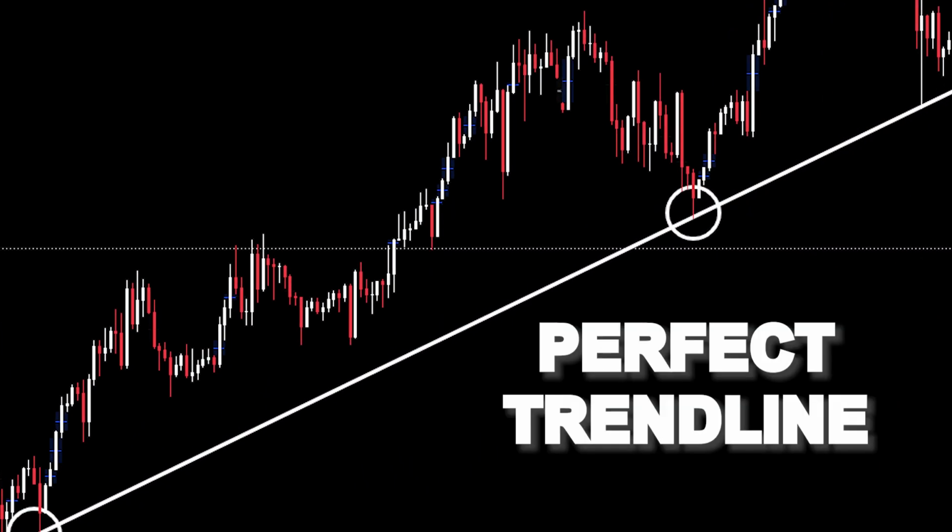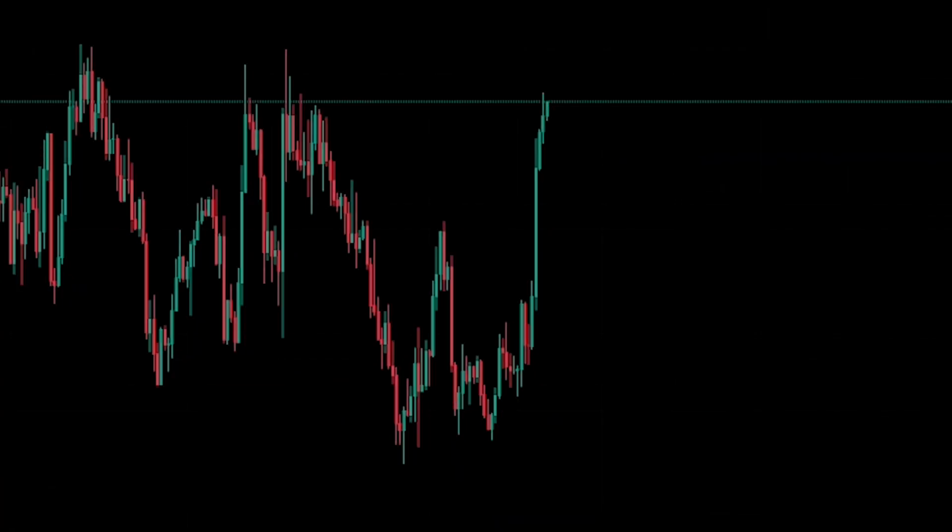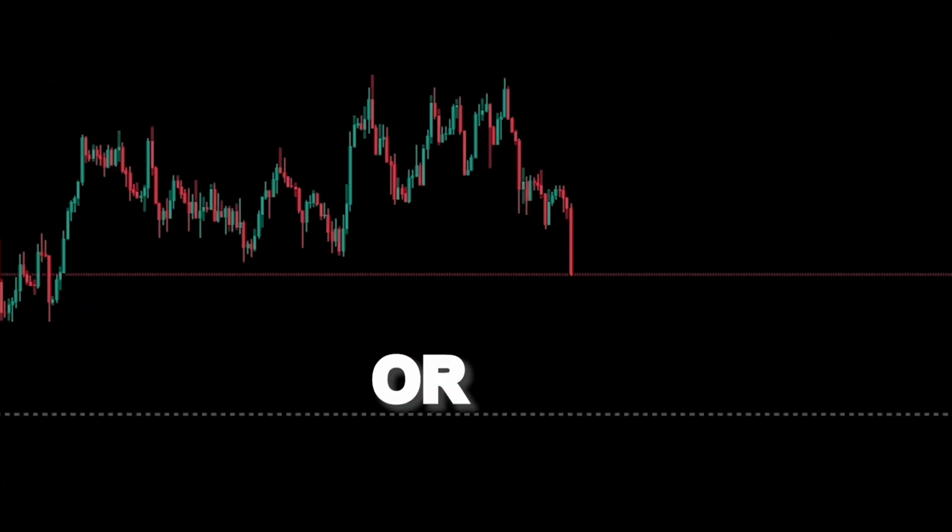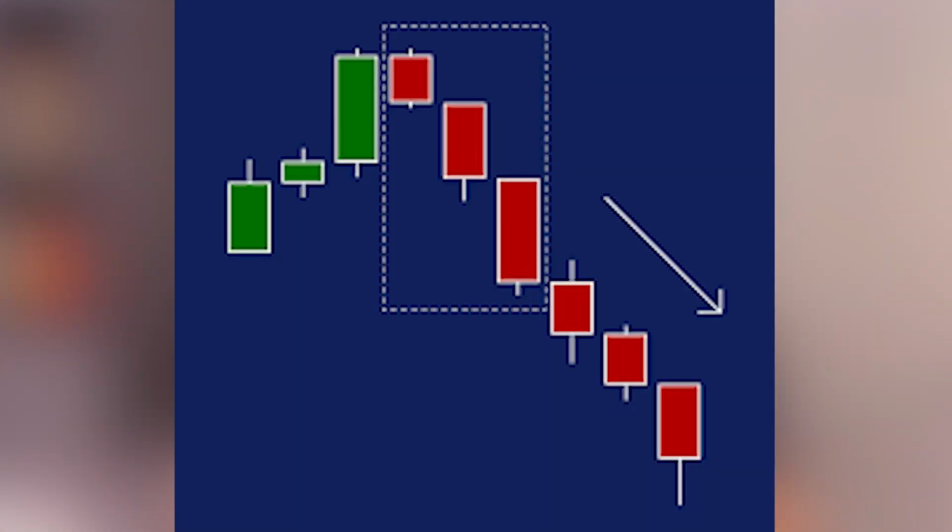Sometimes it's hard when you have drawn the perfect trend line and price is approaching it, but then you hesitate whether to buy or sell, or you probably jump in too early and get stopped out before the major move actually happens. Today, I'm showing you the exact candlestick confirmations blueprint I use to get sniper entries to minimize drawdown